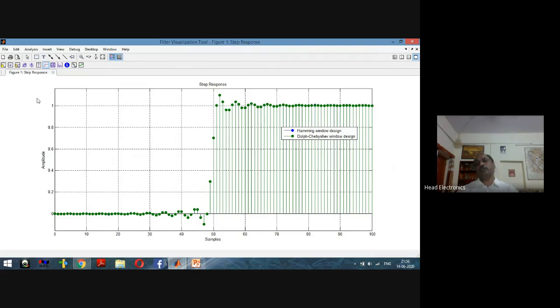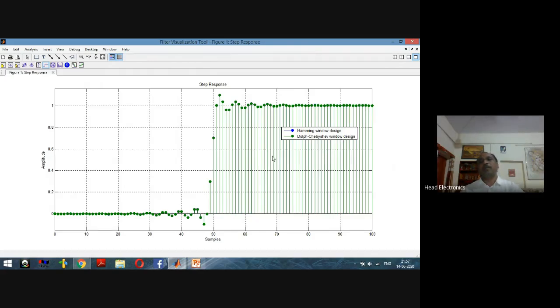Now see, we are just using the concept of designing the filter, the concept of the virtual lab. That is, actually we are not in the laboratory, but we can design and analyze the performance of the required filter here. And we are designing these filters using the fdesign command, having the two algorithms. One is the Hamming algorithm and the second one is the Dolph-Chebyshev window algorithm.